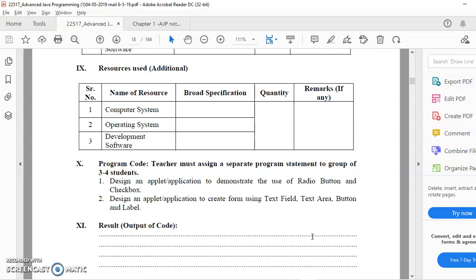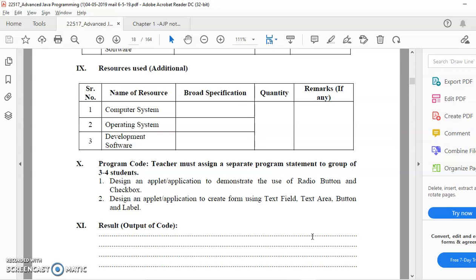So we can take an example of hobbies. One person can have multiple hobbies, like he has interest in singing, he has interest in dancing, he has interest in sports. So if I am asked to take an input for hobbies, then the better choice of control is checkbox. And when I want the user to select only one item out of the options given, I'll prefer to use radio button. So let's quickly look at the program of how to use a radio button and how to use a checkbox.